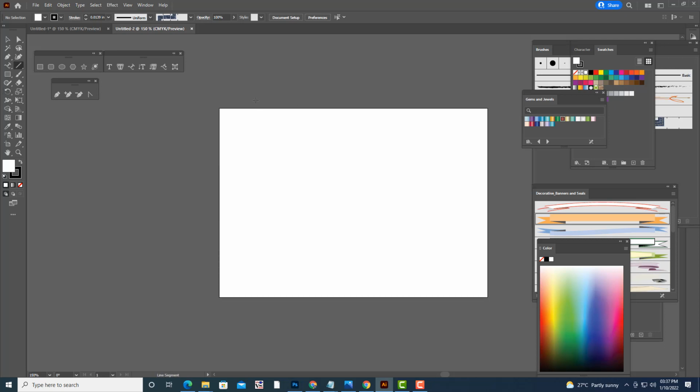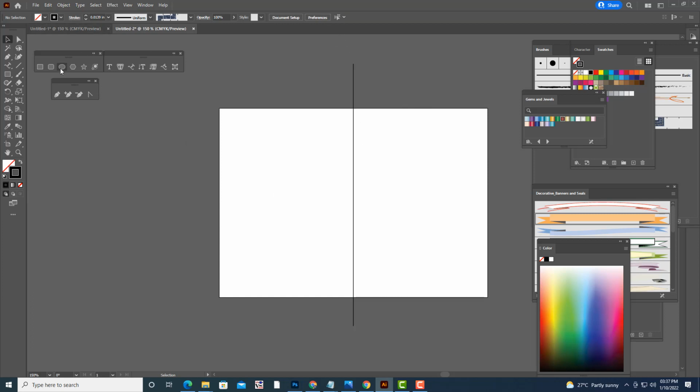See, I will first create one line. If you hold shift, you will get a straight line. Then I will select this line and click on align horizontal center. Now this is exactly aligned to the center of our document.